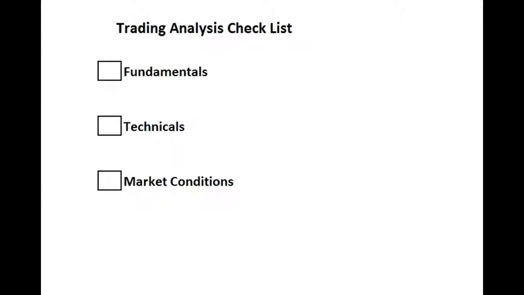I have three types of analysis that I typically follow. Most of us are familiar with the first two, fundamentals and technicals, but I have a third, market conditions. All right, we'll talk about what is incorporated in that market conditions, but in general, when I look at a